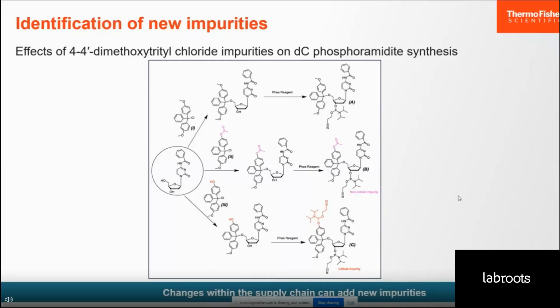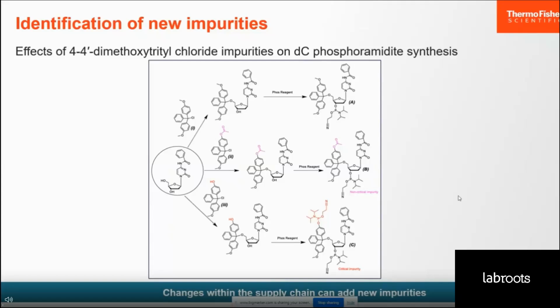And so on the top is the normal expected reaction with the base protected nucleoside reacting with the DMT chloride to produce the expected product. And then upon reaction with phos reagent gives the correct final amidite. In the middle reaction would be a modified DMT containing an acetoxy group, or it could be chlorine as we previously saw, but some kind of modification to DMT that would then react with the phos reagent and create this non-critical impurity, which upon detritylation would be removed from the